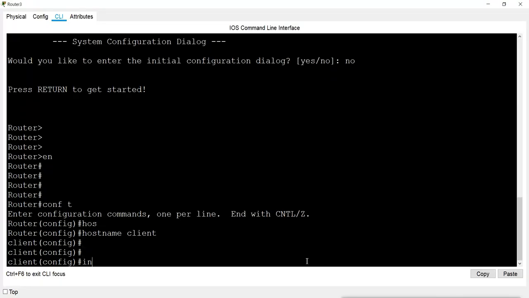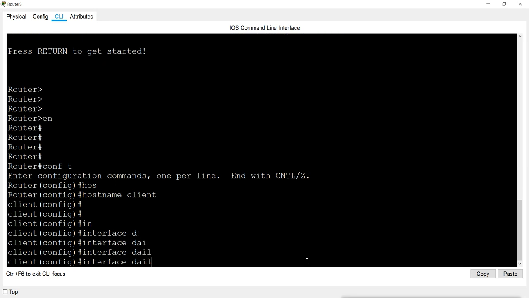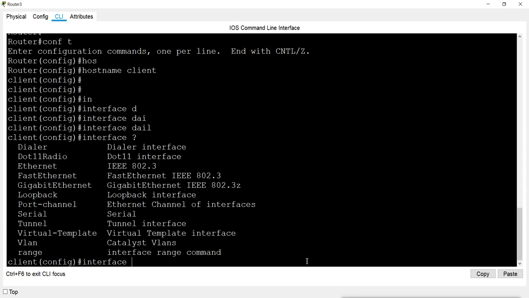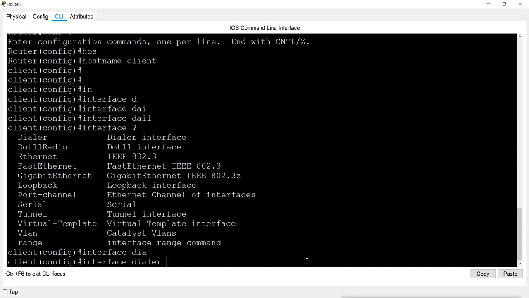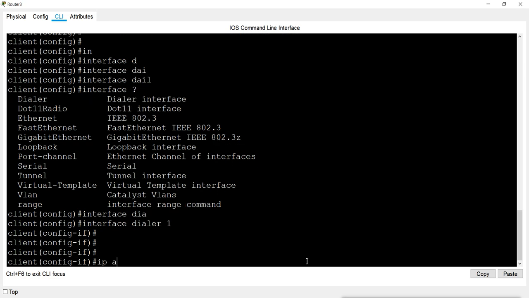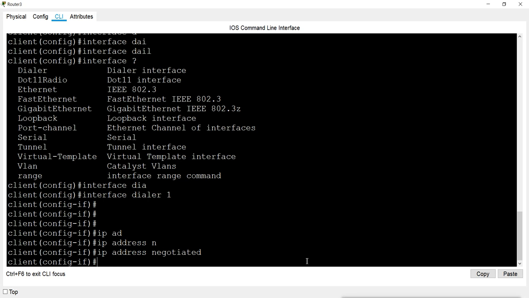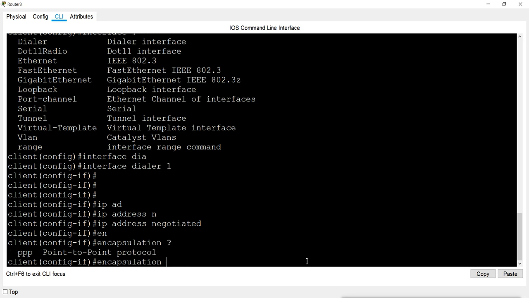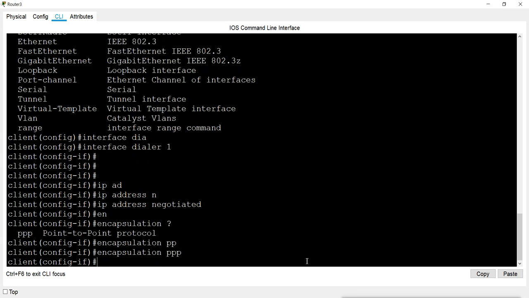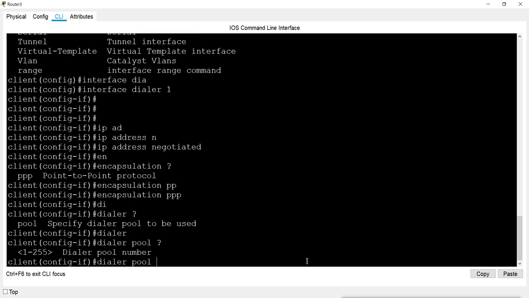So interface dialer 1, IP address negotiated, encapsulation PPP, and dialer pool 1.